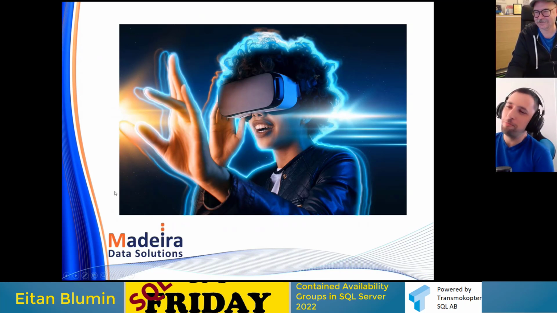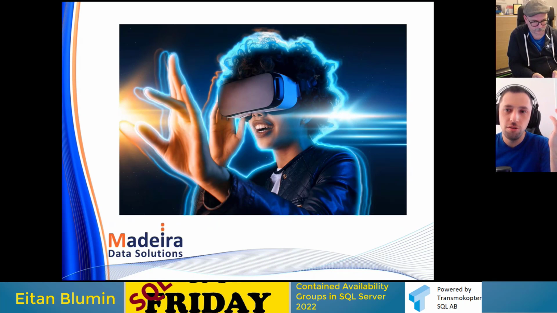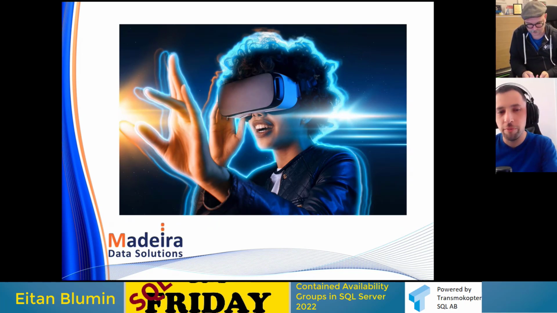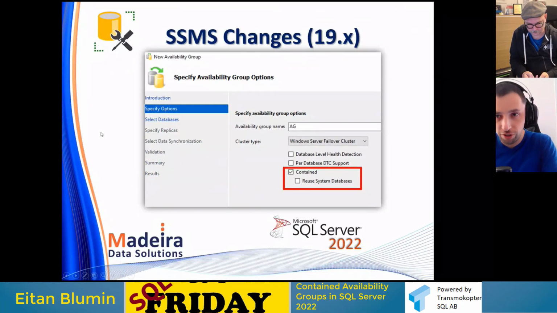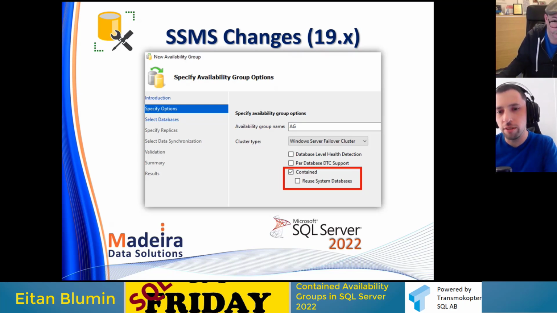So, okay, we have this new feature of contained availability groups. And with it, there would also be changes to how we create and work with availability groups. For example, there's a preview version of SQL Server Management Studio version 19. The one which is currently in GA is 18. There will be version 19. I expect that it will become GA when SQL Server 2022 becomes GA. But for now, you can download its preview version, and in it,